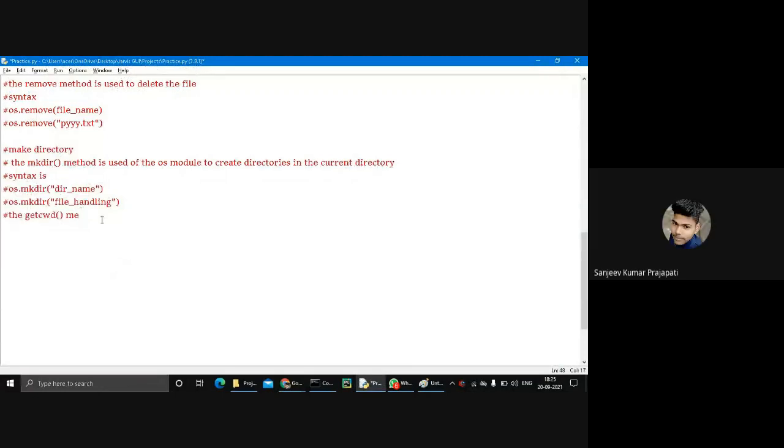Okay. So now the next method is getcwd. Basically, it is used to find the current directory. The method displays the current directory.